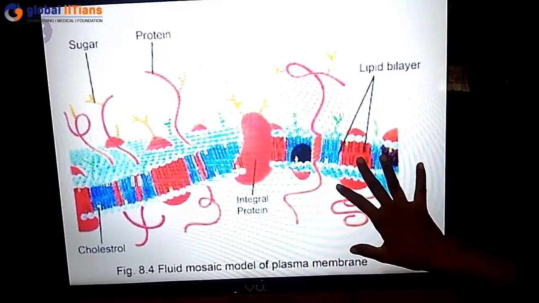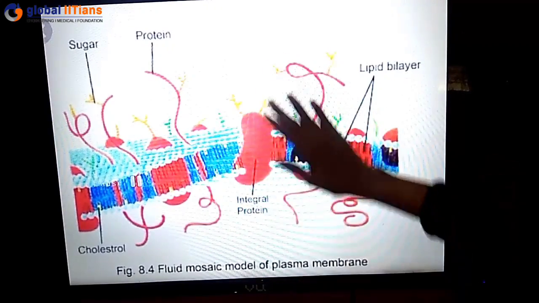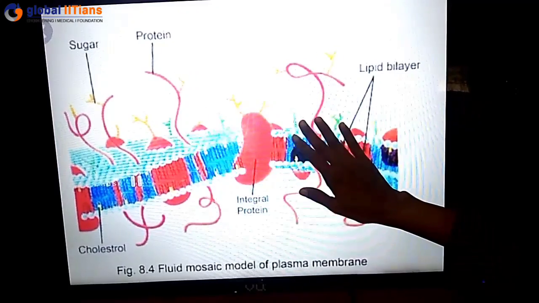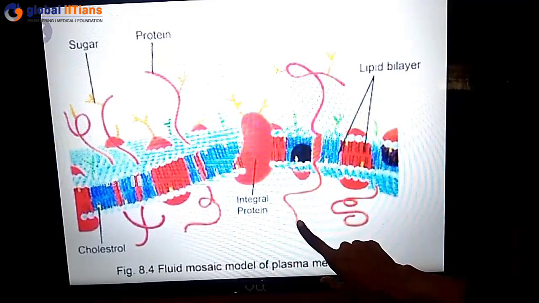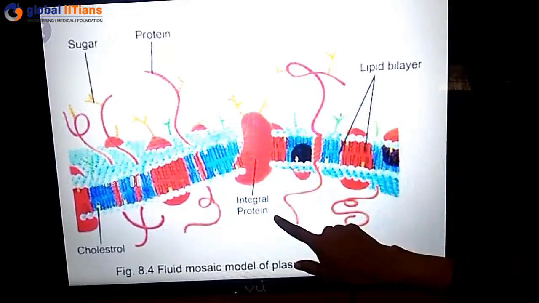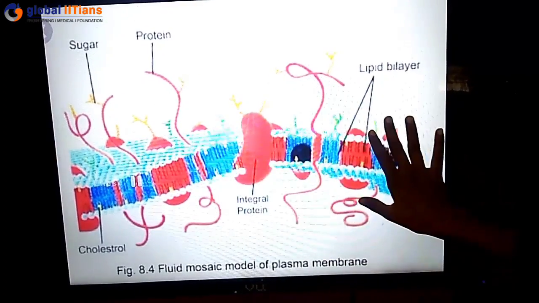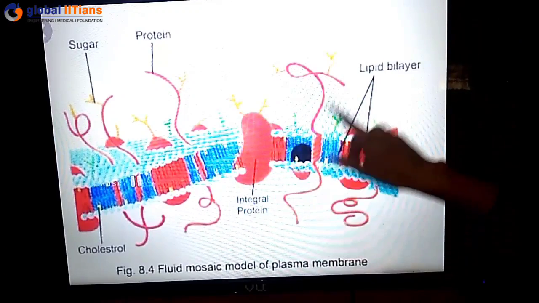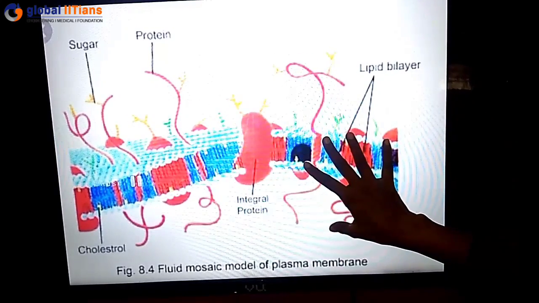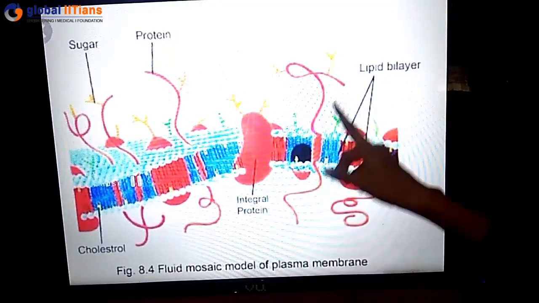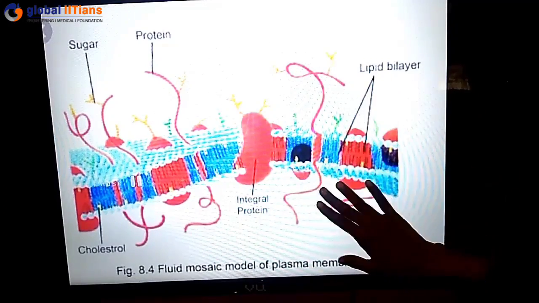One of the most important functions of the plasma membrane, students, is to transport molecules across the cell. The membrane is, as I said, selectively permeable to some molecules present on either side of it. Many molecules can move across the membrane without any requirement of energy. When there is no requirement of energy, such transport is called passive transport, with no expenditure of energy. Neutral solutes may move across the membrane by the process of simple diffusion.